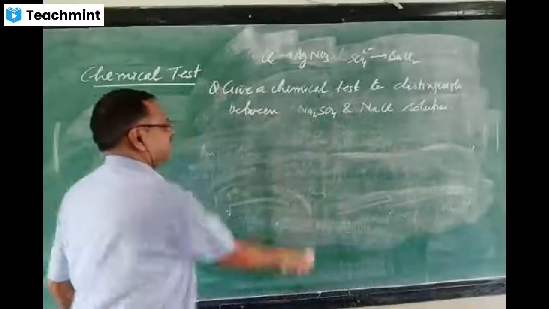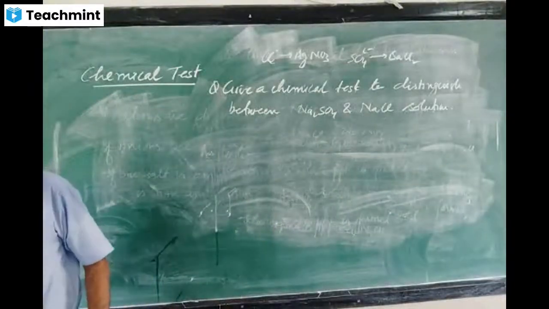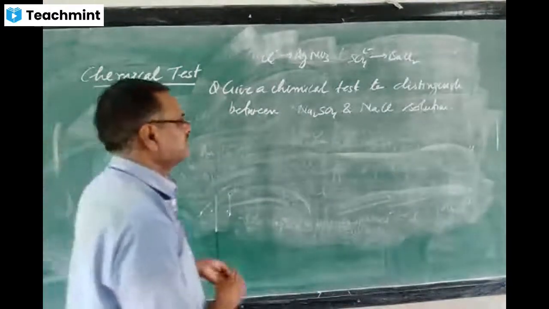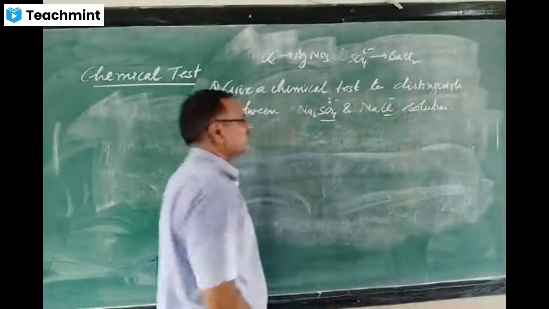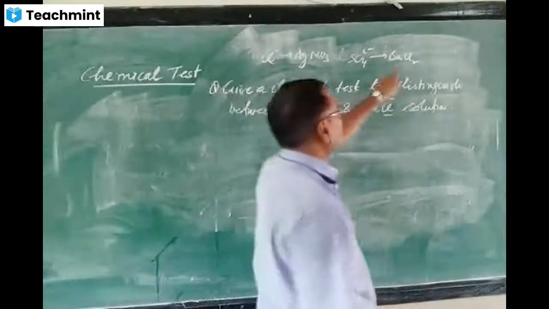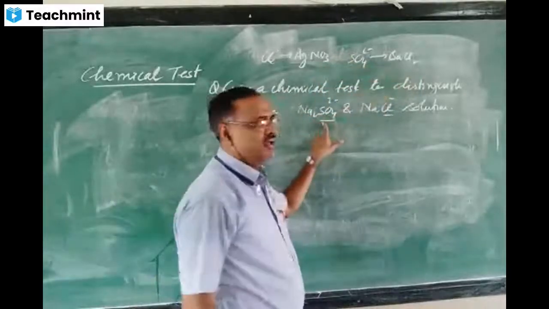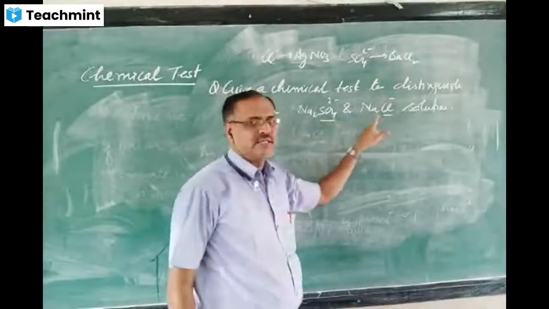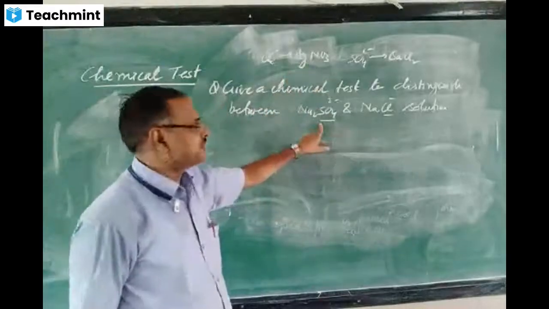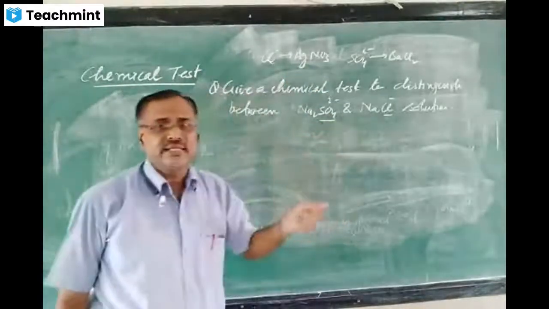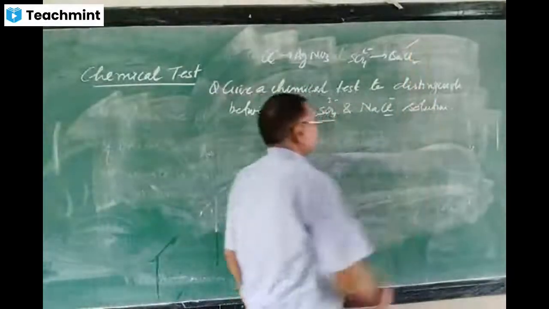What is different here? Cations or anions? Anions. Yes, anions are different. Here sulfate is there and here chloride is there. So here the best reagent is barium chloride, because I told you that for sulfate testing we use barium chloride. If you take barium chloride here, a white precipitate is formed and here no precipitate is formed. But suppose you take silver nitrate: it will form silver sulfate, a white precipitate, and silver chloride, also a white precipitate. So in both cases, silver nitrate gives a white precipitate. So the best reagent here is barium chloride solution.